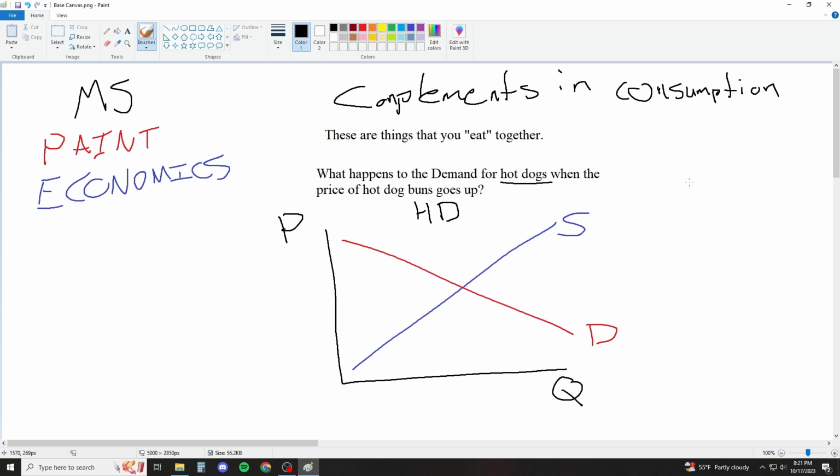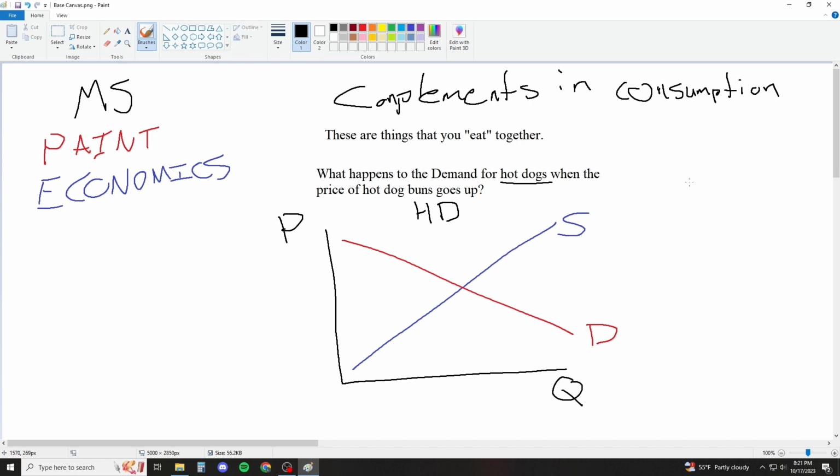If you remember in that shifter video, I told you that if the price of something changes, the demand doesn't change. I specifically said, if the price of hot dogs changes, then the demand for hot dogs won't change. This is not the price of hot dogs. This is the price of hot dog buns, right? It's a different good. So that was why I put that caveat: if you're literally guessing, 9 out of 10 times the price isn't going to do anything. But complements and substitutes, definitely going to do something.